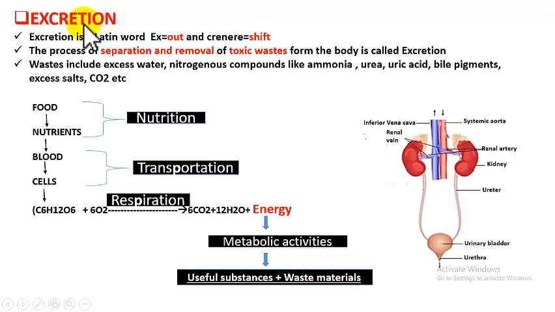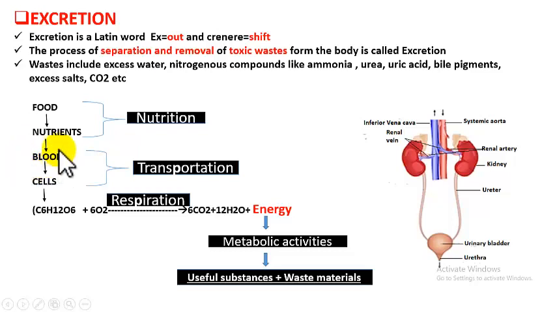Good morning, students. Today we are going to start with the next important life process, that is excretion. Shall we start? Students, in our first chapter, nutrition, we have studied how different organisms obtain their food and convert it into nutrients like glucose, amino acids, fatty acids and glycerol. And we also have studied how the nutrients enter into blood in the small intestine via villi, right?